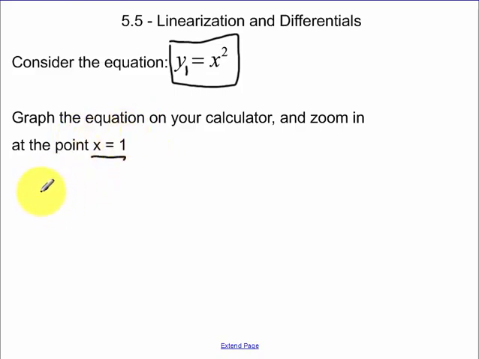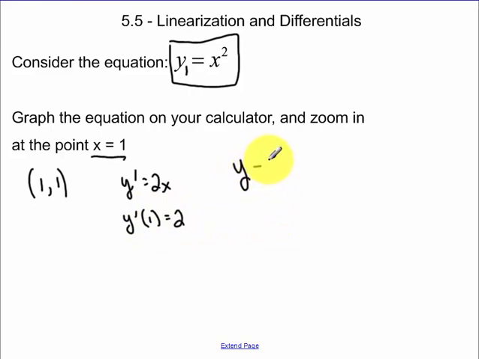So the equation of the tangent line, we need the point that's on the line. So 1, when I plug in 1 into this equation, I get 1 as an output. Now we need our derivative. The derivative of that is 2x. The derivative evaluated at 1 is equal to 2. So the equation of our tangent line